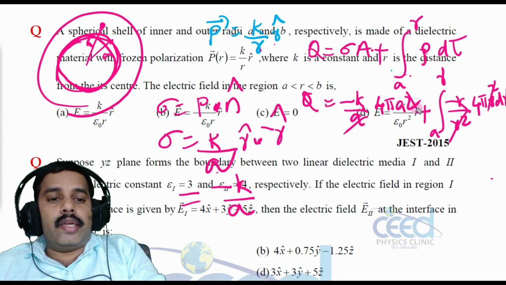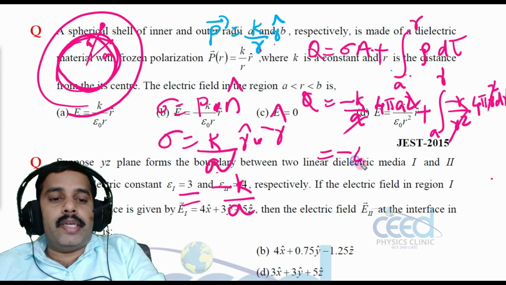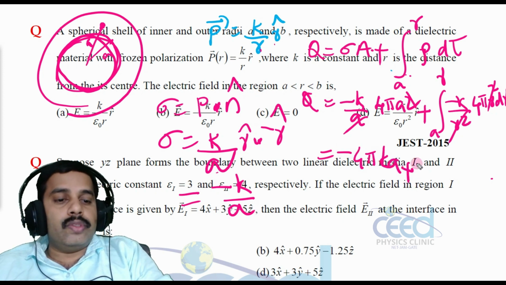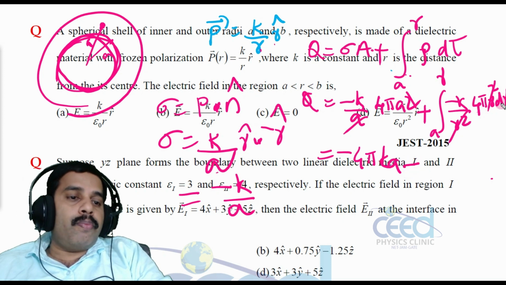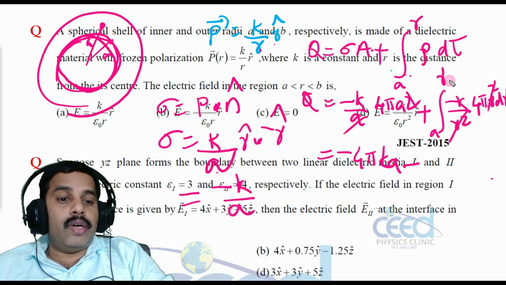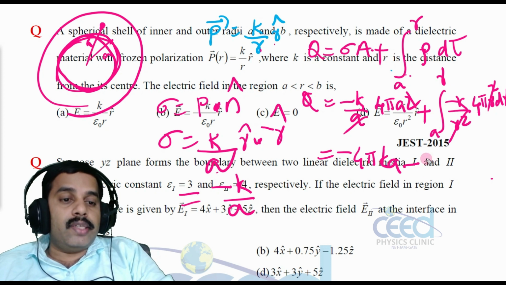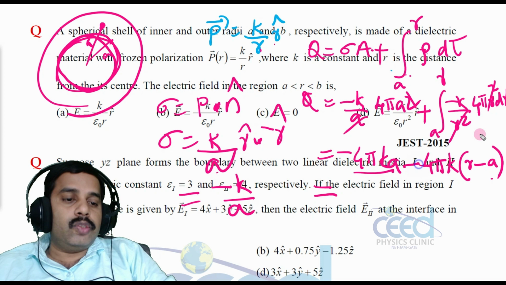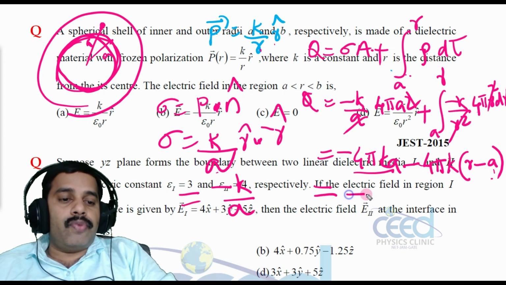So when we apply the limit, this a cancels, that is 4 pi k minus 4 pi ka plus, here we have minus of 4 pi dr on integration r, giving limit a to R. What will be the limit? So what will be the answer? 4 pi k into upper limit, that is R minus a, right? Upper limit minus lower limit. So this part and this part will be cancelled out. Then the final answer is 4 pi kR, alright?